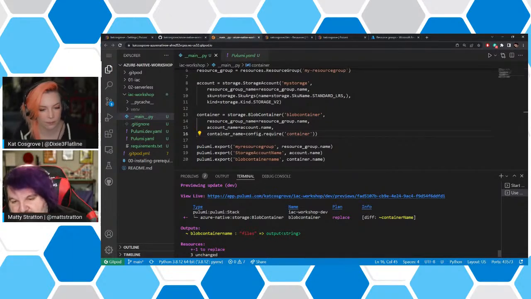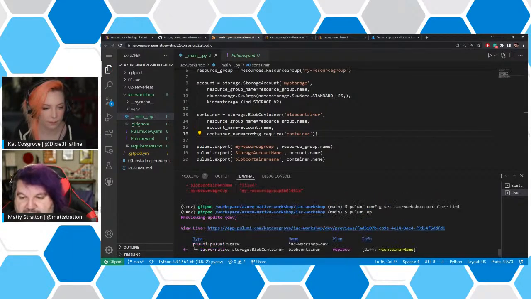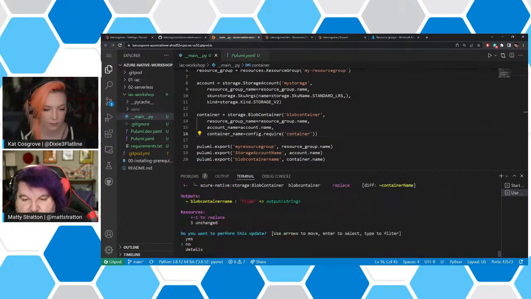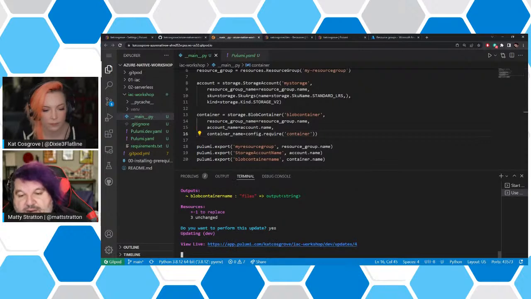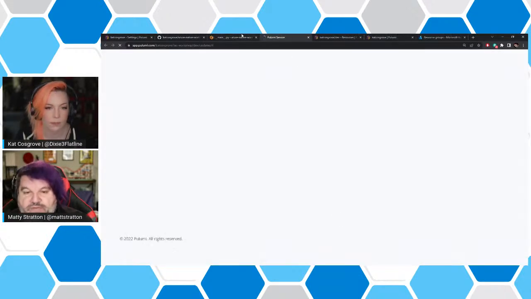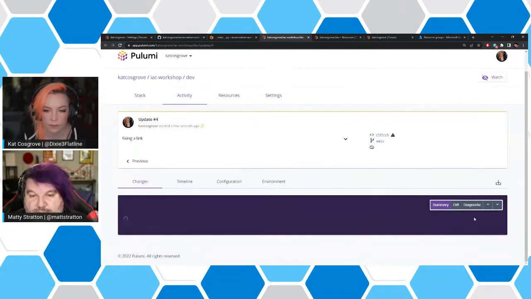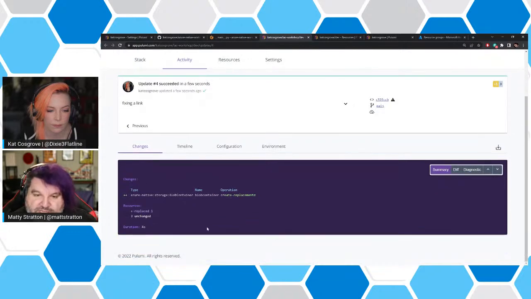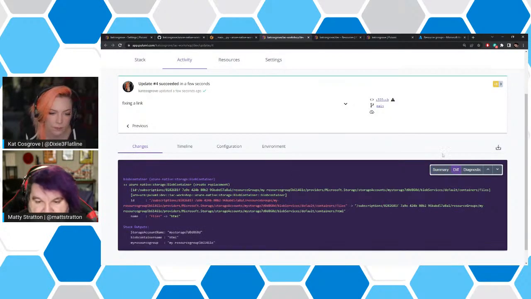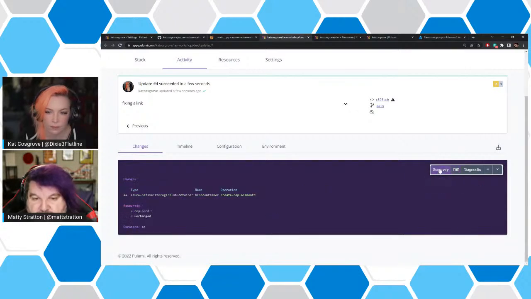Now, in this case, cool. So yeah, now it's holding it by container name. So we should see. And again, Pulumi doesn't know in the preview what that actual name is going to be yet. Even though you would think it could because we set it in the config, it has to evaluate the program and see what happens with the cloud resources.